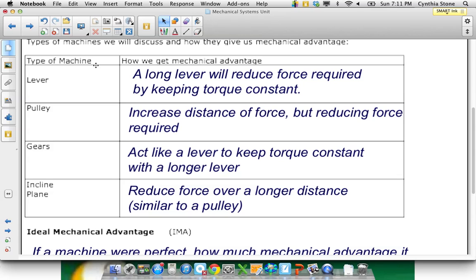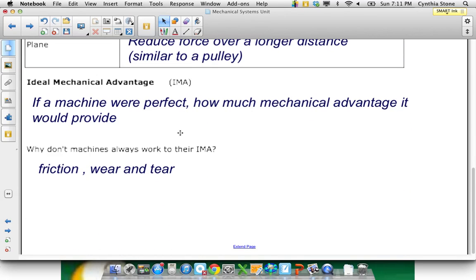So I'm going to move ahead. If you need to pause so you can finish writing that, go ahead. But the idea of ideal mechanical advantage is, if it was perfect, what would you get? And then we can find efficiency by comparing actual mechanical advantage to ideal mechanical advantage. So every machine has a different way of finding